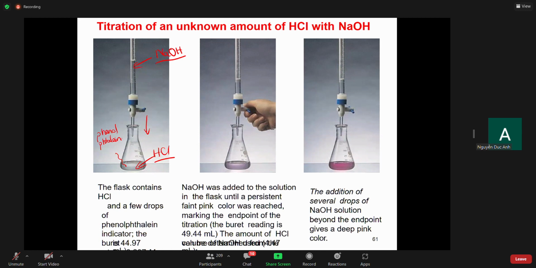So we stop the reaction at the point the solution just turns pink, a very faint pink color. We stop there. So by that we can calculate exactly an amount of the sodium